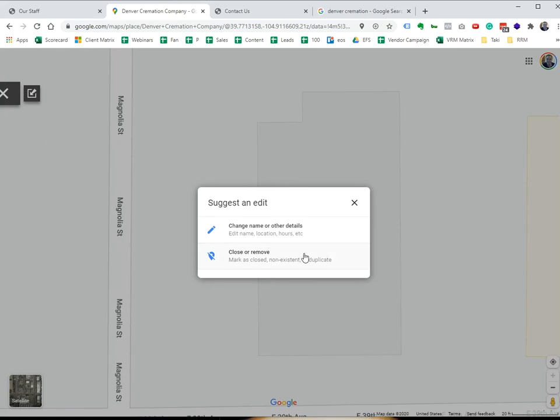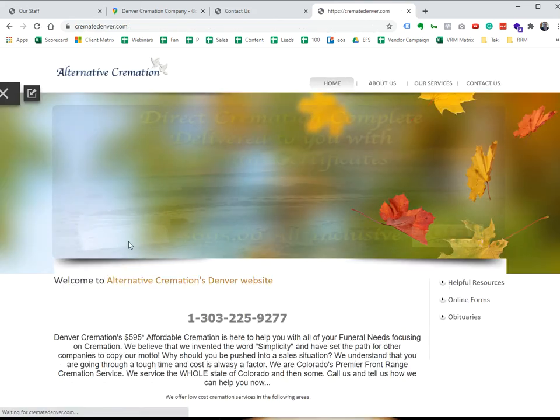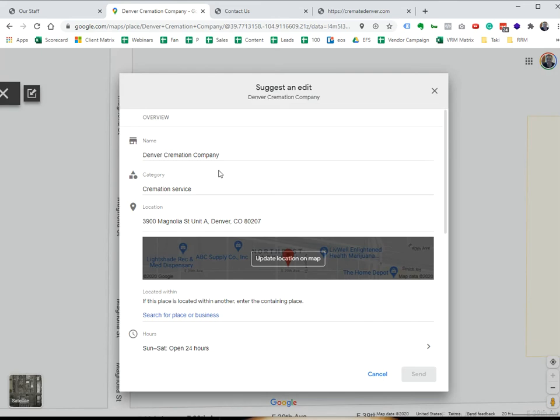What we could do is, if it's truly a fake business, then we could actually click on close or remove if it's non-existent, duplicate, or closed. But over here, most likely they're called alternative. Let's check their website. They're called Alternative Cremation. So what we would do is click on change name and put in Alternative